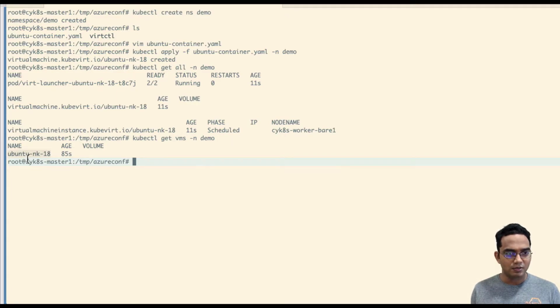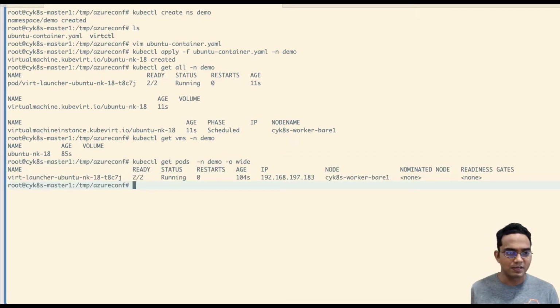Okay, so yeah, and if you look at kubectl get pod, I think we've already seen that. Let's just look at that. Let me add the option -o wide here. Yeah, so as you can see, we have a virt-launcher running. We have the IP for that. It is in the running state and all good here, right? So all of our traffic would be going through this particular pod to our VM instance. Okay, so that's good here.